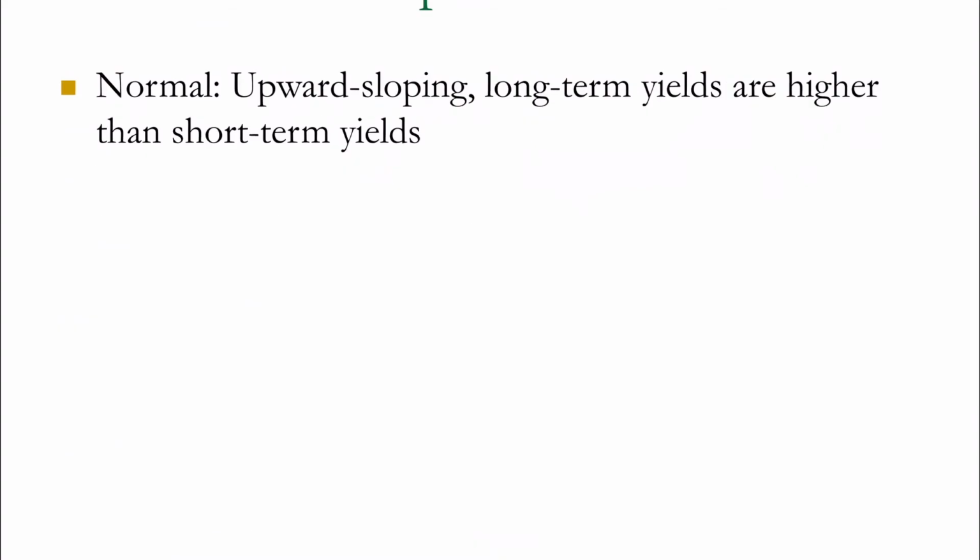So there are 3 different types of yield curve shapes. As I'm talking about the yield curve, I have a visual of this on a later slide, but on our vertical axis, we will have the yield that these securities are offering, and on the horizontal axis, we have the maturity, the length of time until this security actually matures. On a normal sloping yield curve, it is upward sloping where long-term maturity yields are higher than short-term maturity yields. So the yields over here are higher than yields over on the left-hand side, and then your short-term yields. I'm not drawing the yields on here because I do have a chart that actually showcases what these different yields are,